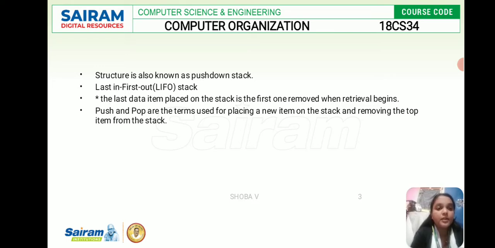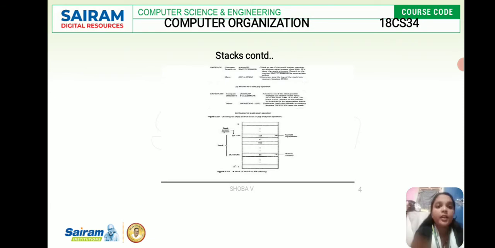The top element is popped from the stack by reading the memory word at address 3 and decrementing the stack pointer by 1. Then B is at the top of the stack, and SP holds the address of B, that is 2. It can insert a new word: the stack is pushed by incrementing the stack pointer by 1 and inserting a word at that location. We can see this very clearly in this diagram.